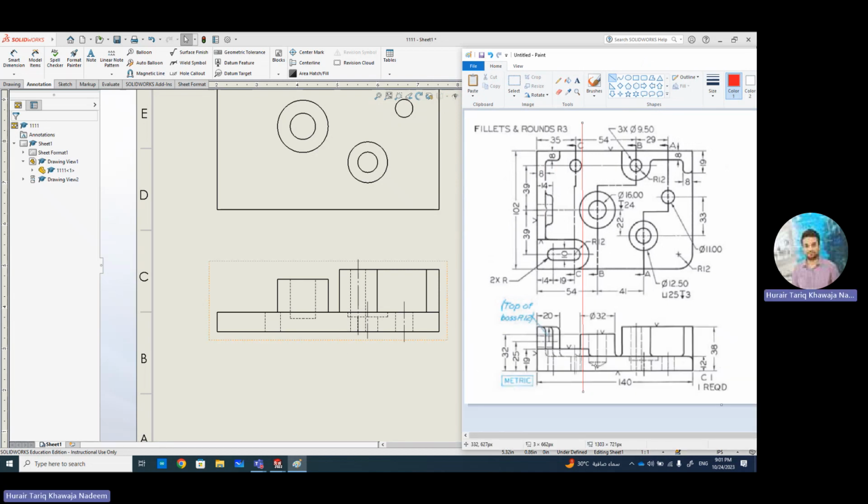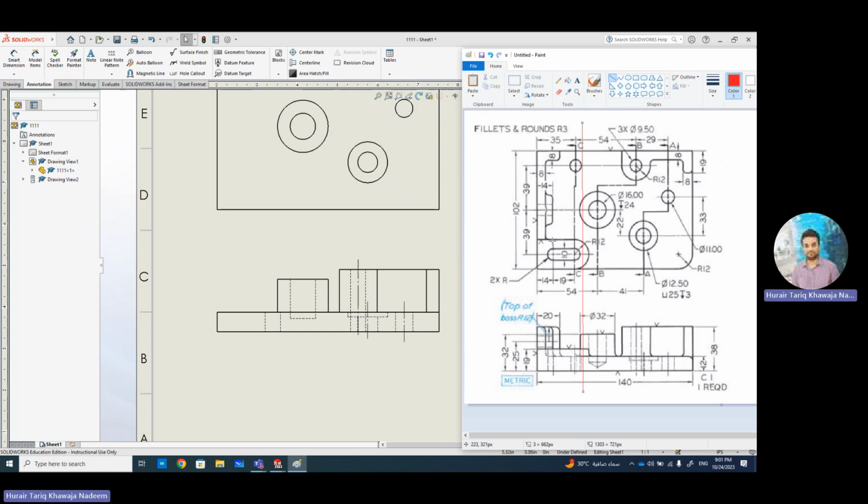Okay, so everything is same actually. So you have this hidden line over here. Of course, this is a center line, which you can make. That's not a problem. All the features. Now we are going to make this feature and this last thing. Okay, so now we are coming over here, and you can see that they all have